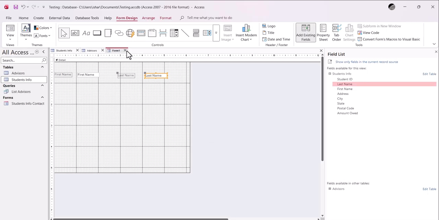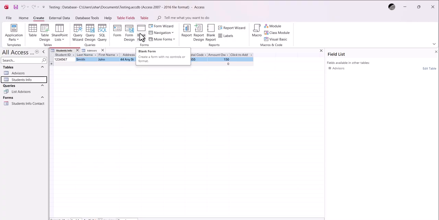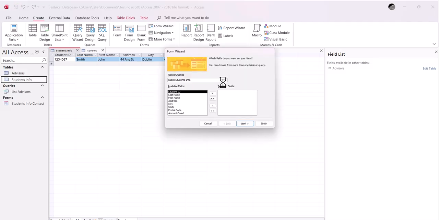So I'm going to close that. I'm going to say no. Okay, so again, as I'm working with this, I'm going up to create. You can do a blank form. There's a form wizard that will help you out as well, and so you could tell the order. So this is usually what I'll tell students to do first, if you don't have the order that you want, like for example student ID, bring over first name, bring over last name, then you can do address, city,